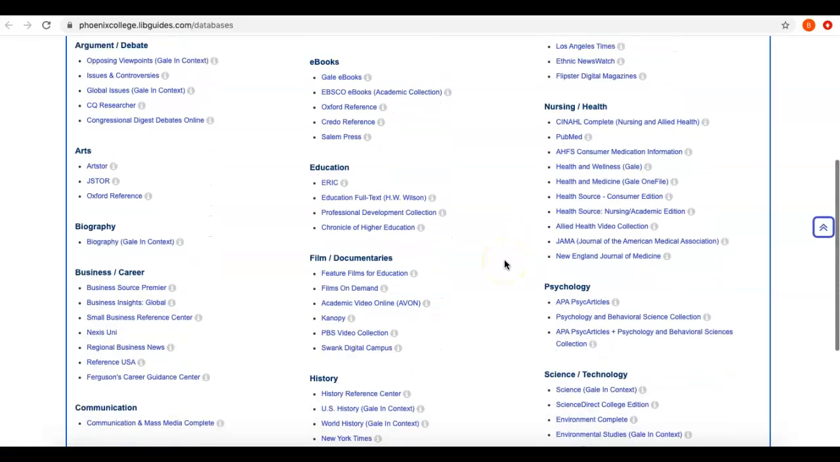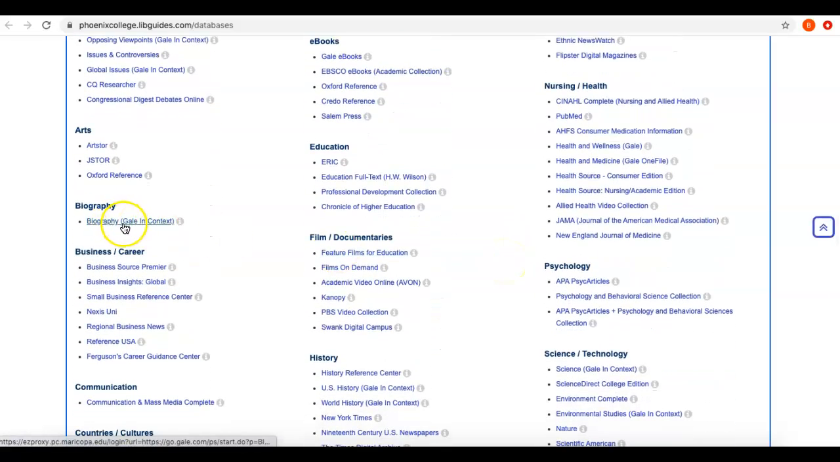If we scroll down just a little bit, there's one database that's focused completely on biographies. So some of you will have an assignment where you need to research a certain fashion designer and find out a little bit about their life, their business, their work. This is a really good one to go to, and it provides a lot of different mediums for information. So you'll find maybe some videos, some articles, maybe even an ebook